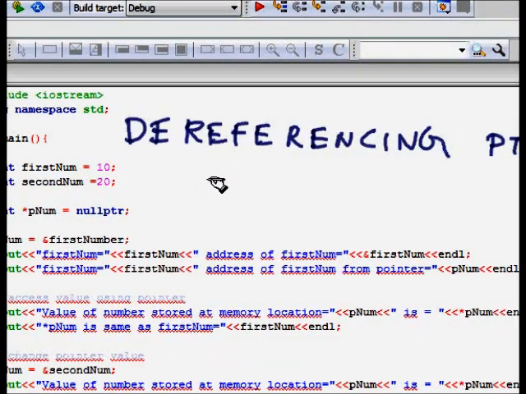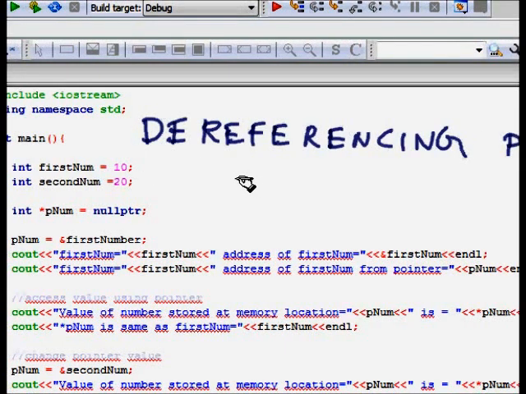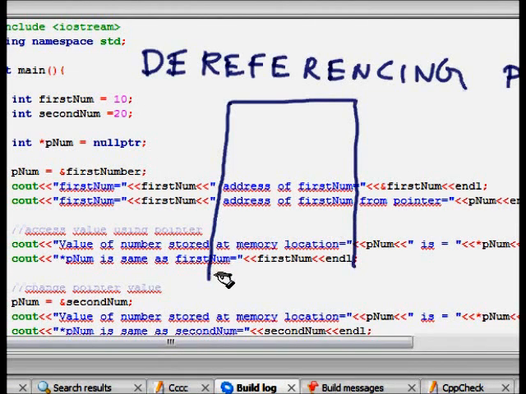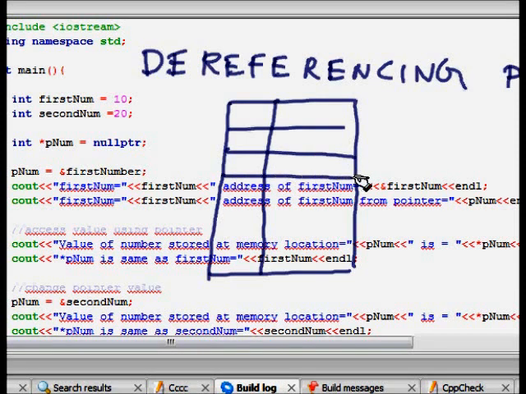Till now, as a short recap, we saw that the computer memory is a kind of table. It has a lot of memory locations, and in each memory location you can store your data.